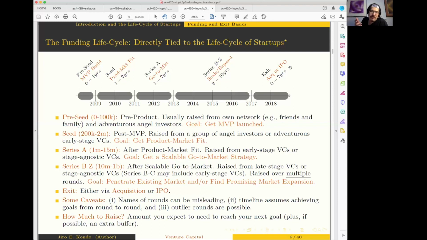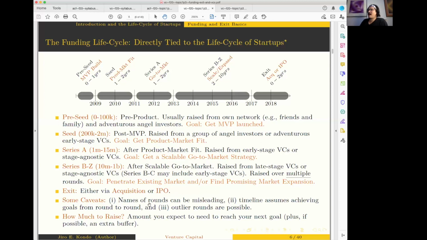Because when an IPO happens, the VCs that invested in a company don't sell out immediately. They're locked up and need to keep their shares for a period of time. I'll talk about that process when I talk about the IPO. But basically, when an exit happens, the opportunity for a liquidity event to the investor is at least on the horizon, right? But the exit process itself also takes time. 0 to 2 years is a range that I've heard as being reasonable for how long it might take for an exit to occur once the startup actually starts actively looking to exit.